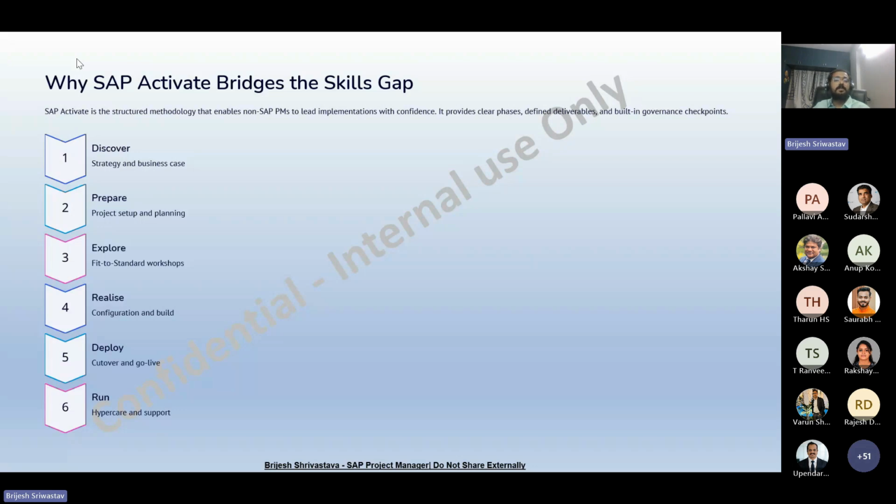That means no one is going to ask, hey Ranveer, this is the requirement you received, do the configuration. No one is going to ask you to do any development activity. But as the project manager, as an SAP PM, you need to understand the process, and you need to work with a consulting mindset.